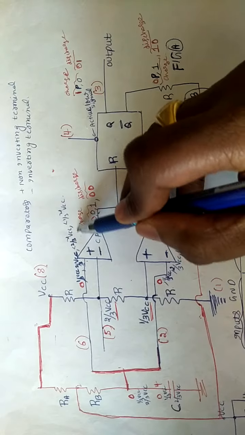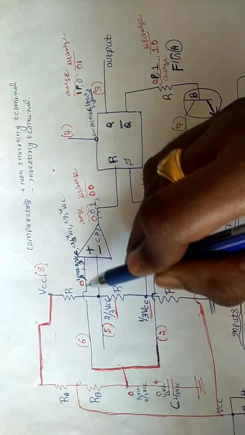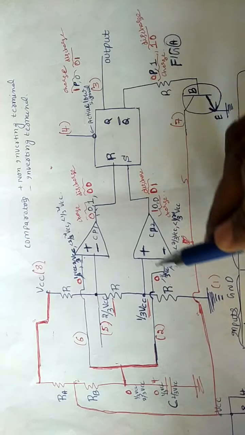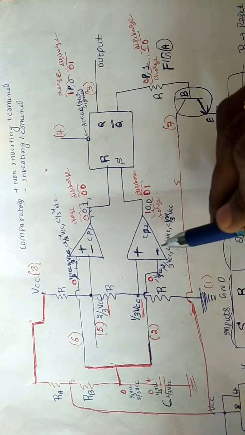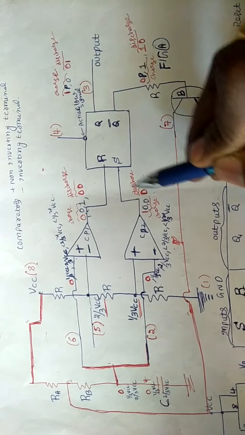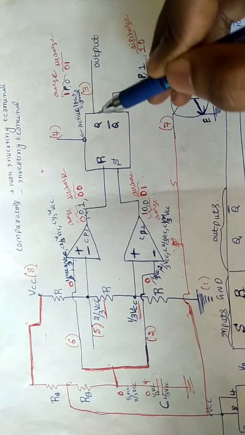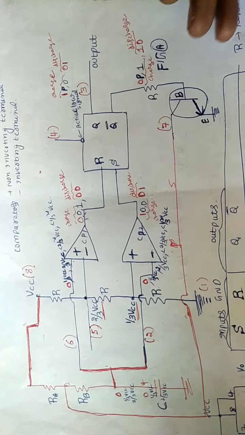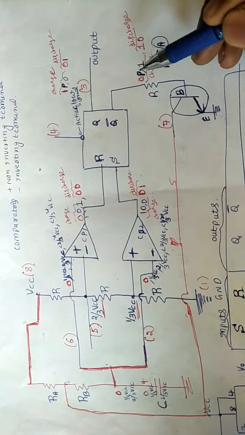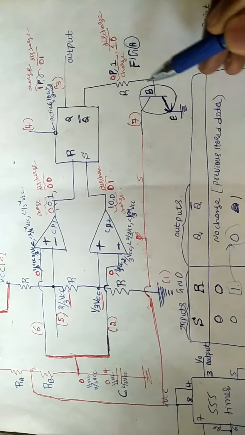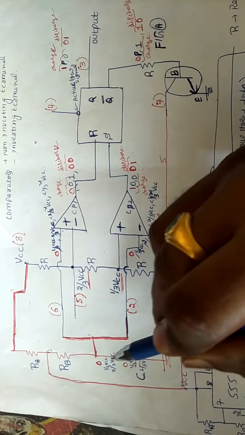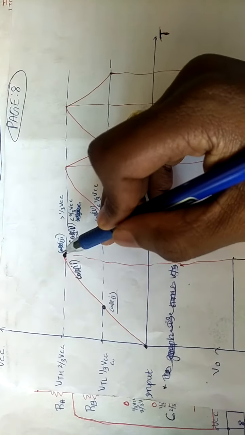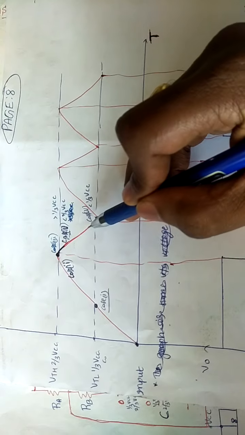Here you have less than 2/3 VCC and 2/3 VCC, therefore this is greater than this value, so the output is 0. Here you have less than 2/3 VCC and 1/3 VCC, but this is greater than 1/3 VCC, again the output is 0. If both are 0, then the previous state output is retained. What is the previous state output? If it is 0, I write 0. Here if you have 1, I write 1. 1 means this transistor enters into the saturation region, therefore the capacitor will discharge through RB. So this capacitor will discharge like this for case 4.